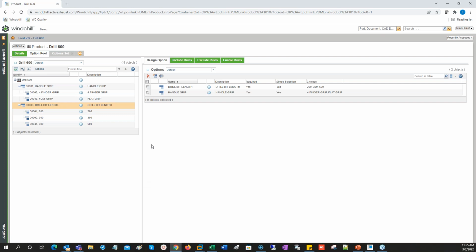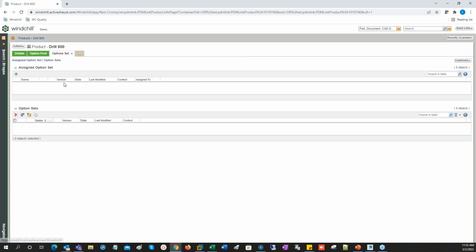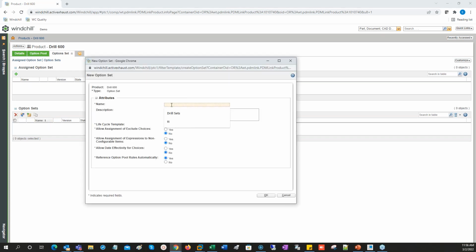The next thing I need to do is go in and create an option set. An option set is basically a container where I say, in this option set, I need to have the handle grip, or let people be able to select or configure the handle grip as well as the drill bit length. So I basically go in and add those to my option set so that they will be able to be selected as part of the configuration. I'm going to do that under the option set tab here, create a new option set, and then I'm just going to call it set of drill